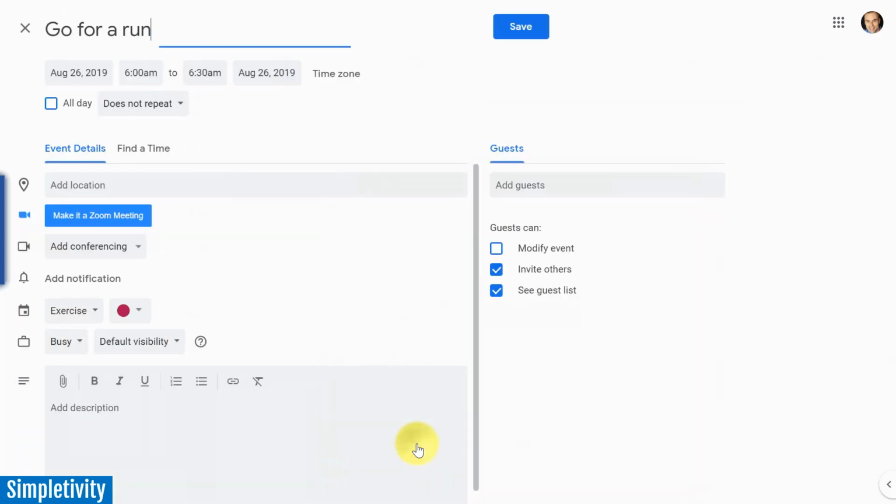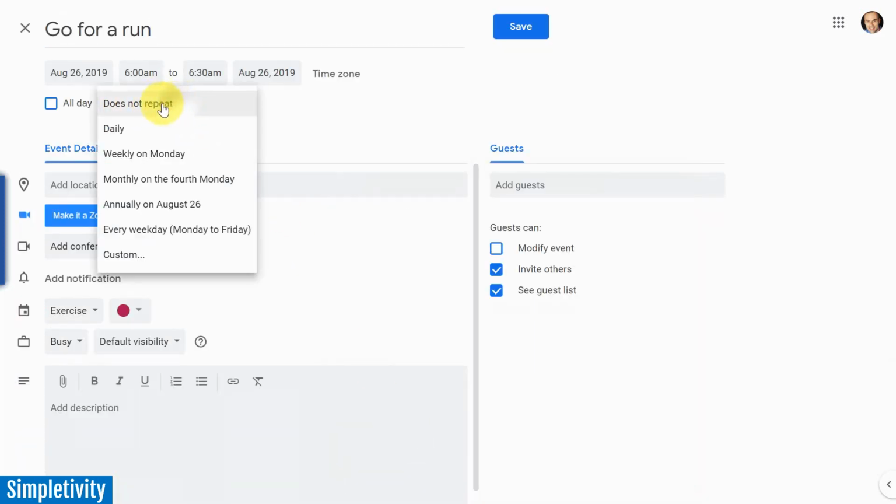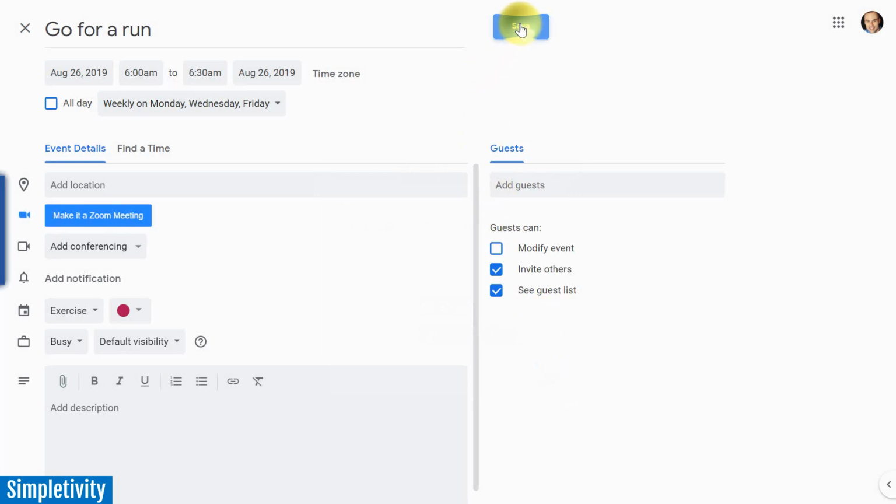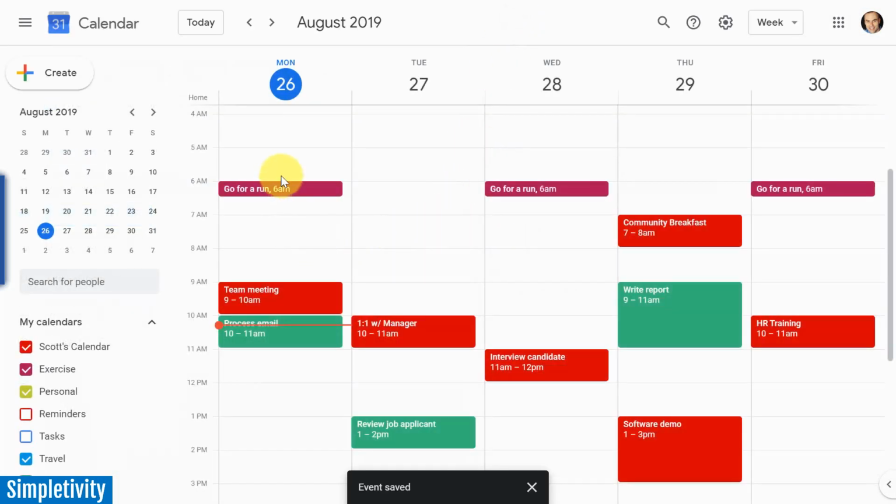I'm going to go into more options, and I'm going to go down to my repeat option here. Instead of does not repeat, I'm going to say it's none of these. So I'm going to say custom. I'm going to say Monday, Wednesday, and Friday, and I'm going to say done. I'm going to hit save, and now you can see this is going to go on beyond just this week,